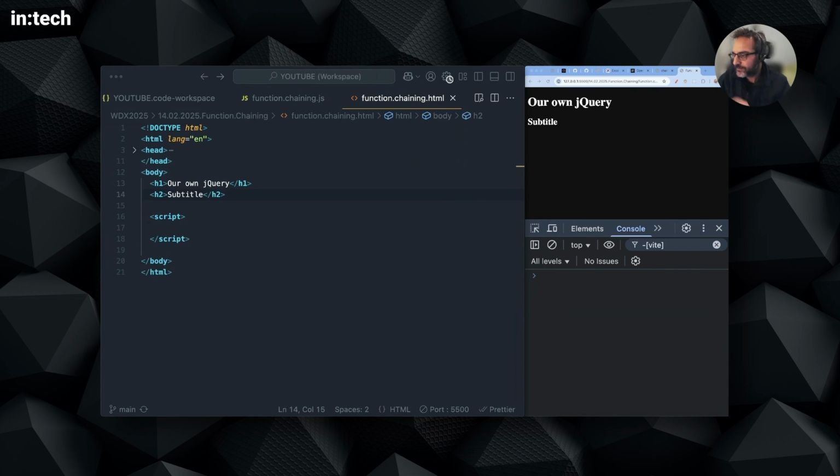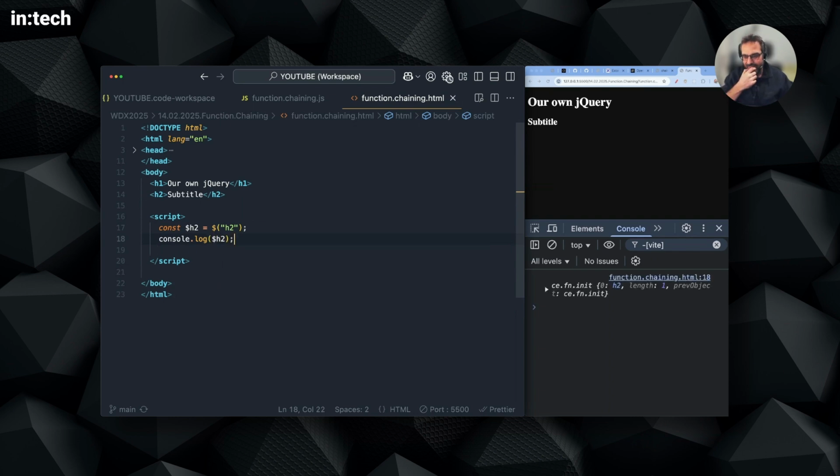So we can access, let me say, H2. You can use either the short or the long version. I will be using the short version, which is the $ sign. Basically, you start by calling the function and supplying a CSS selector. This will try to find an H2 element in the DOM and return that as a value. So I store it in a variable,